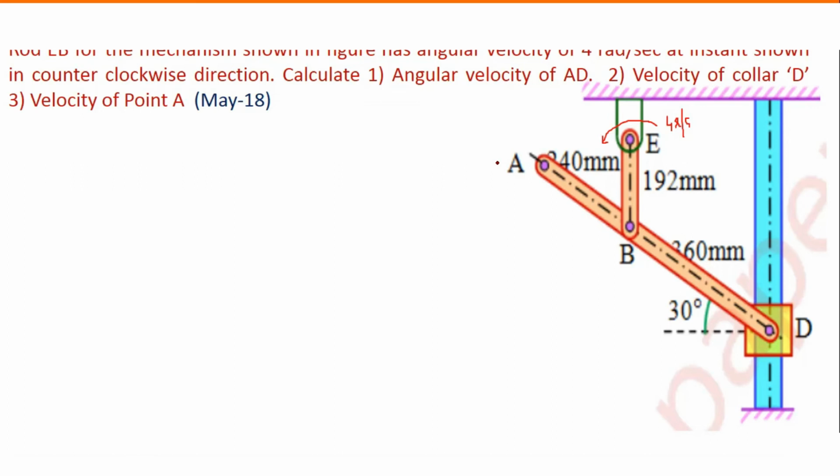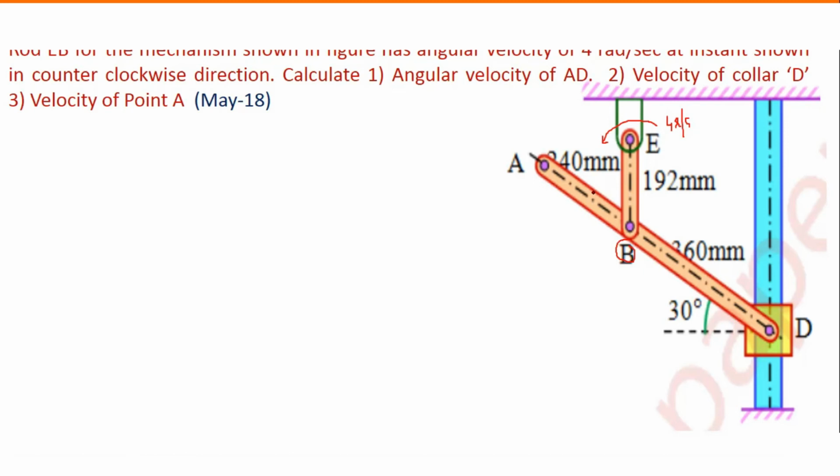For the ICR, how many links are there in the question? Yes, you guessed it correctly. There are 2 links. One link is link EB, the other link is link AD. Please note here, AB is not a link. B is just a point on this link AD. There are only 2 links. One link is EB, the other link is AD. This point B is just a point on this particular link. It is not a separate link.